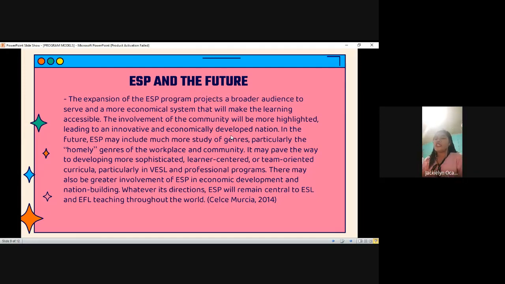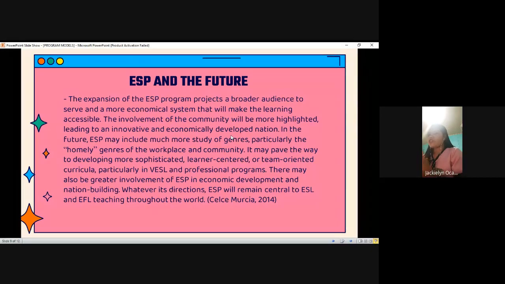In the future, ESP may include much more study of genre, particularly the homely genres of the workplace and community. They pave the way for developing more sophisticated, learner-centered, or team-oriented curricula, particularly in VESL and professional programs. There may also be greater involvement of ESP in economic development and nation building.